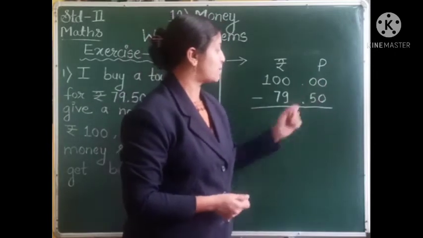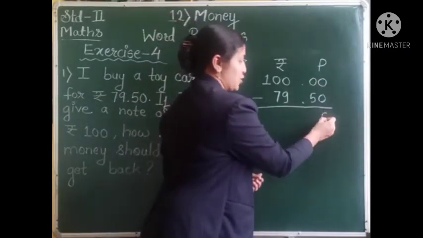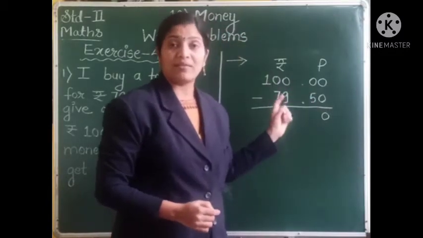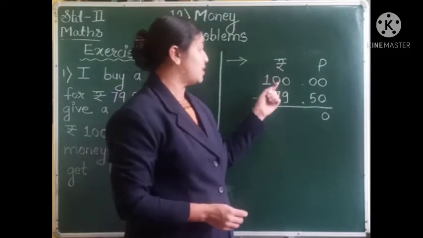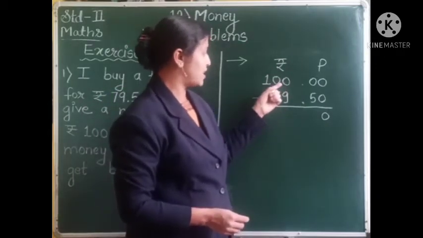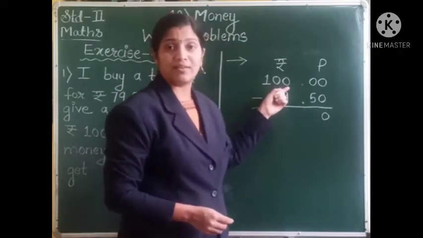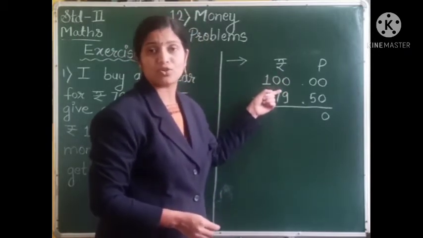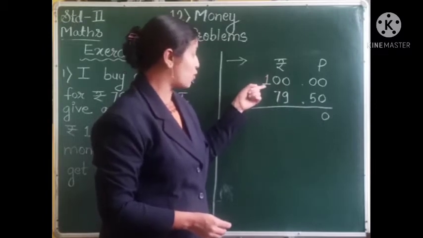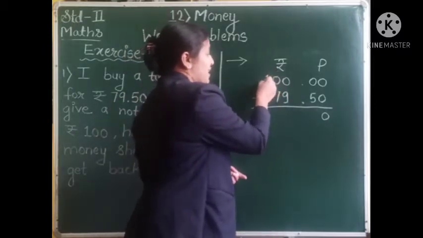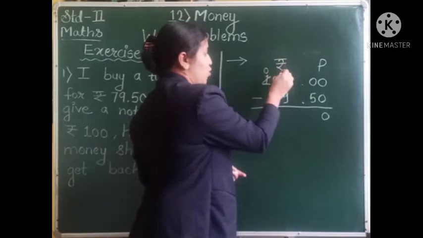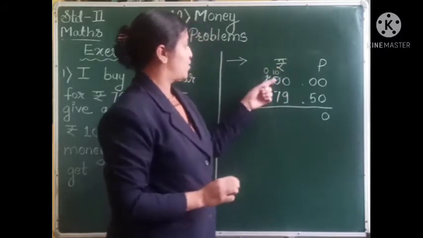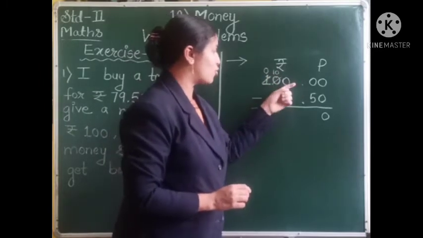From 0, if I subtract 0, the answer is 0 itself. From 0, I cannot subtract 5. So I will have to borrow from the rupees. So here you can see, here also I have a 0 itself. So I will borrow from this place, but this is also having a 0. So I will borrow from this 1. So this 1 will get cancelled over here. Here we will have 0, and this becomes 10 here. Right? From this 10 I will borrow 1 over here.